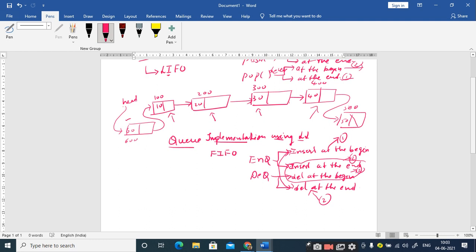Can we make use of insertion at the required position and deletion at the required position for implementing stacks and queues? No, sir. Why? Because if you look at the operations of stacks and queues, for example in the stack, the insertion and deletions are only done at the top end, which is nothing but one end.